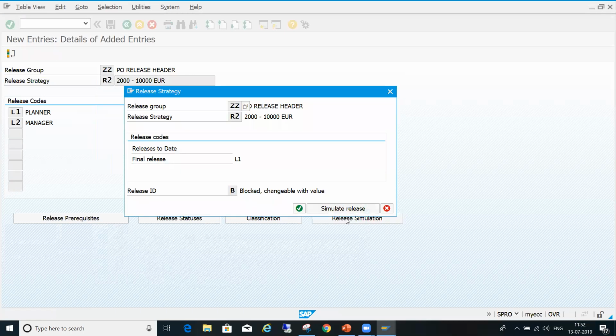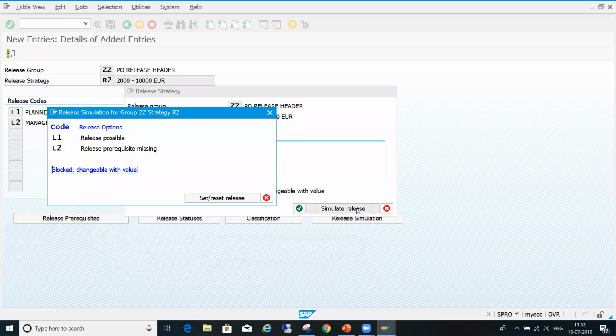Come to the simulation mode. L1 or L2, why is it showing only one? L1, L2, first level release is released by a planner, second level release is released by a manager.